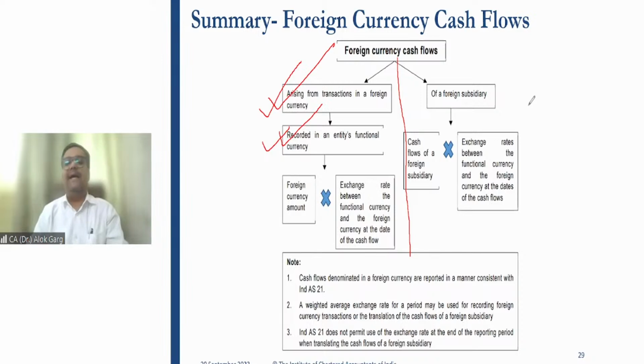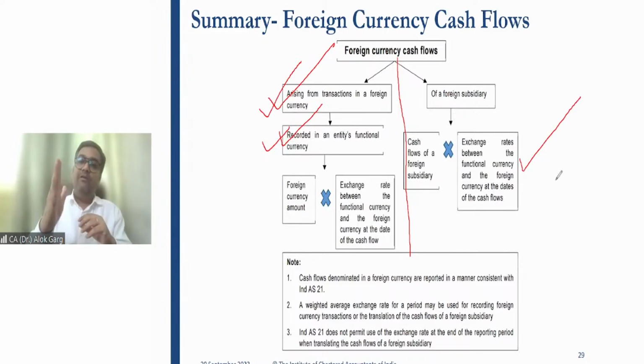So the standard says that whatever cash flows are there of that foreign subsidiary in foreign currency, apply a weighted average rate for the full year. For example, the opening balance was 80, the closing balance was 85. So 82.5 is the weighted average rate, for example. So you can apply that one rate to convert those foreign currency cash flows into the Indian currency or